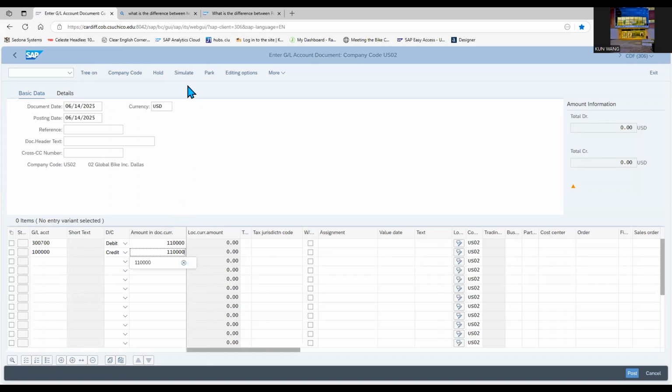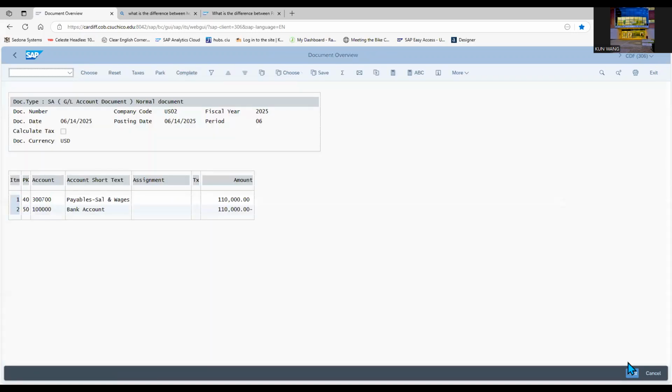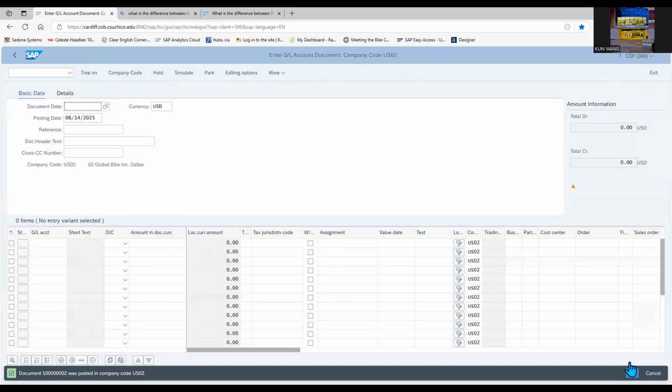And then I think the only one that takes time and is a little bit challenging is the beginning journal entry. We have multiple debits and multiple credits. As you move on, the journal entry will become much easier. So simulate and then post. Then I will